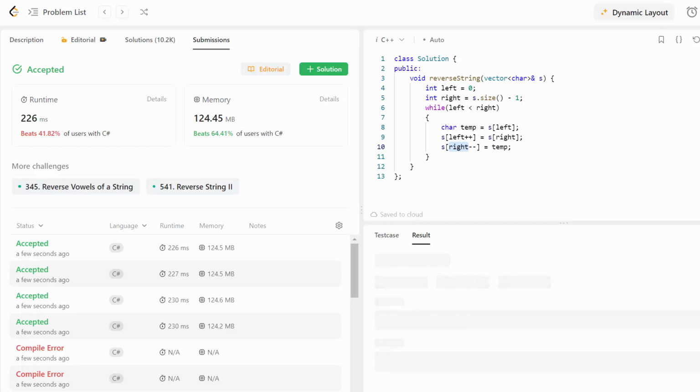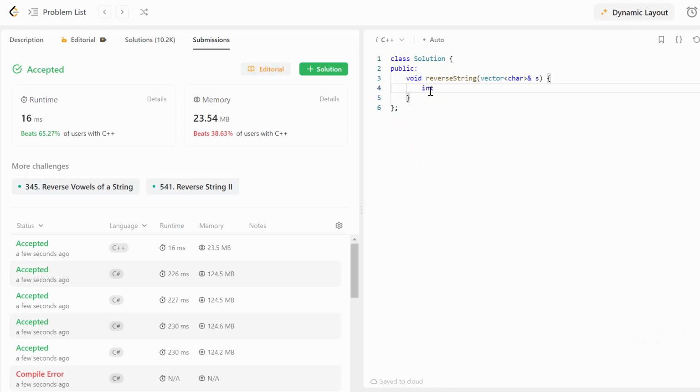Let's submit this solution, check that everything is okay, and you can see that the runtime beats 65% of users with C++. So for now we used the while loop solution for C, C#, and C++. So let's try for C++ to also write the for loop solution.